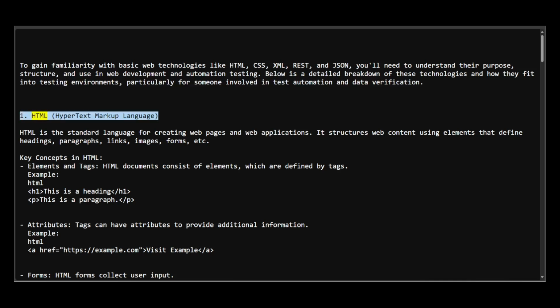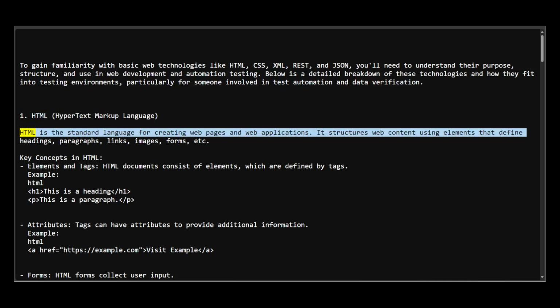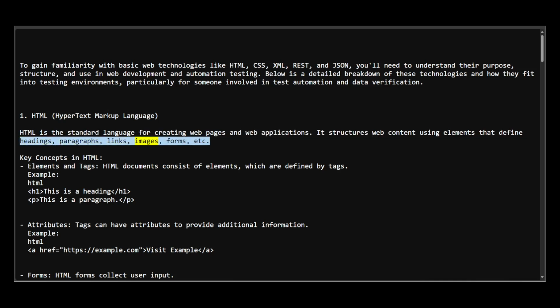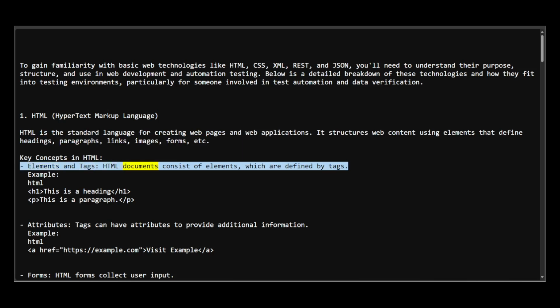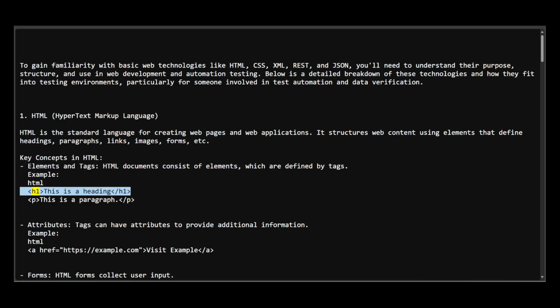1. HTML, Hypertext Markup Language. HTML is the standard language for creating web pages and web applications. It structures web content using elements that define headings, paragraphs, links, images, forms, etc. Key concepts in HTML: elements and tags. HTML documents consist of elements, which are defined by tags. Example: <h1>This is a heading</h1> <p>This is a paragraph.</p>